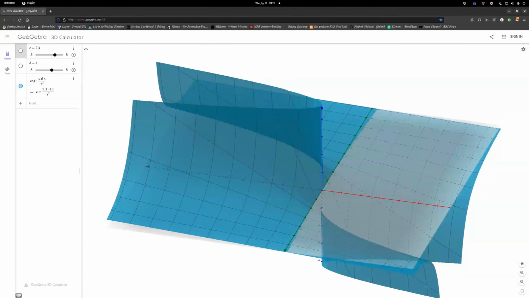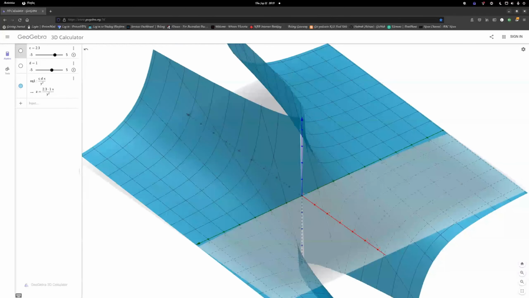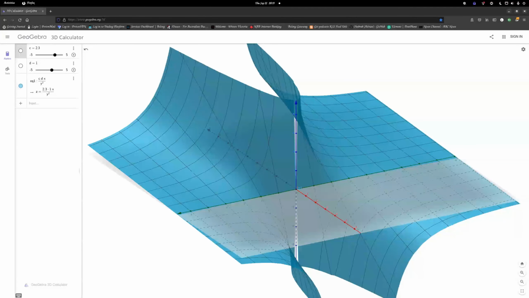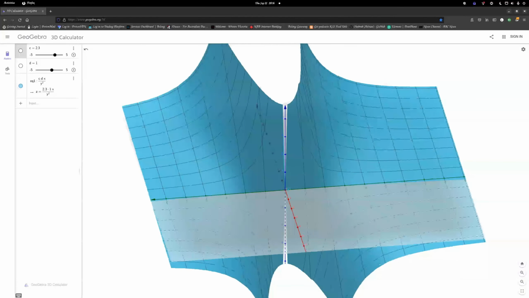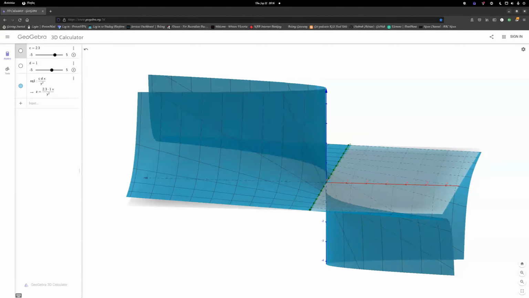that would be represented by our green line, we'll call it the green axis along here. That is the distance between the center of mass of two objects. Our red line represents the mass of our object,